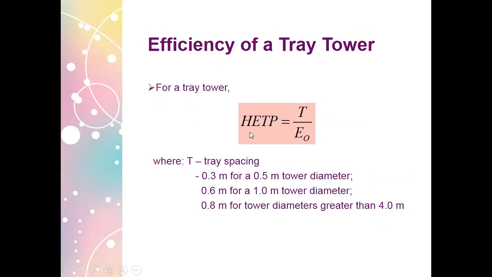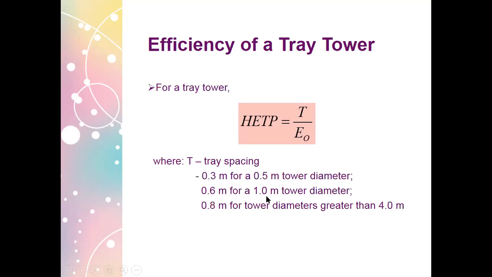Now, HETP is most of the time being used because the problem in itself gives us, shall I say, an easier way of finding the efficiency of our column. And the easy way of finding the efficiency of the column is the overall tray efficiency, or simply the tray efficiency. We can determine the tray spacing based on what is stipulated in the problem. Like if your diameter is like this, then what would be the tray spacing? So this would be the tray spacing.